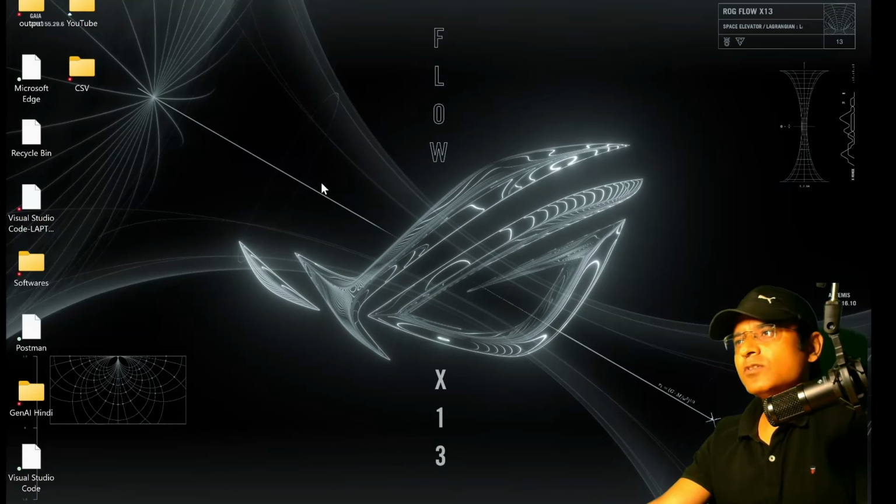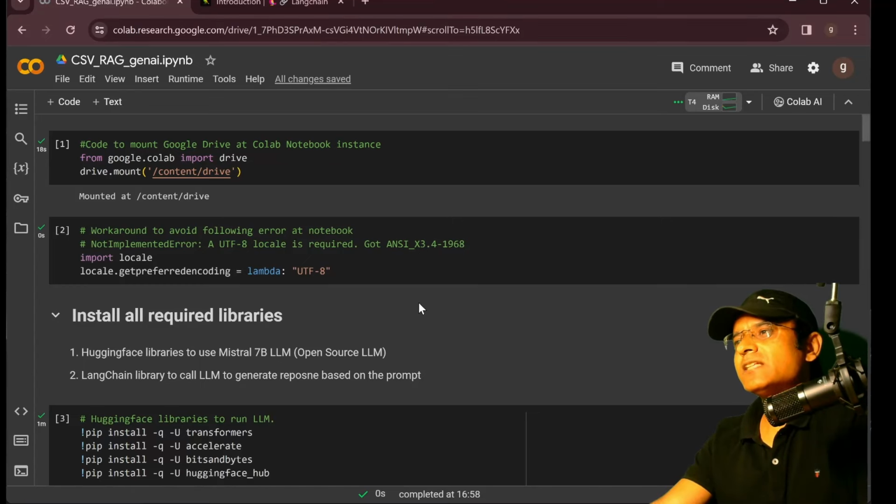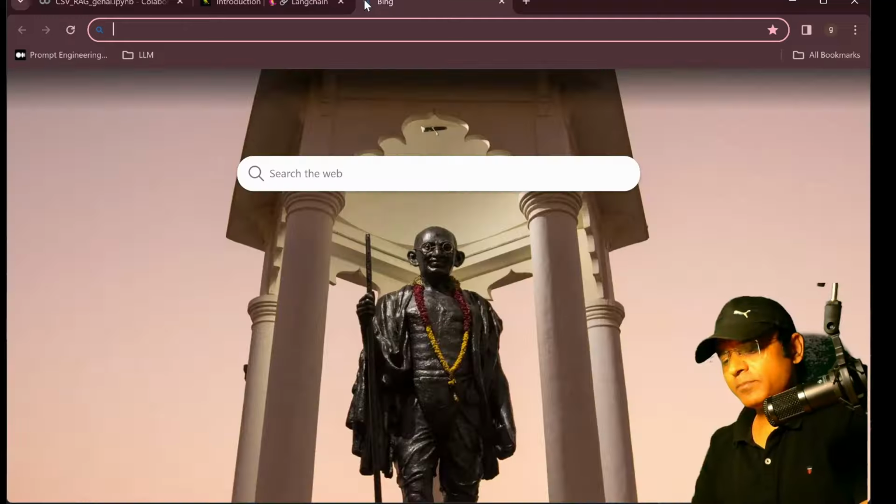Let us see how we can use a CSV file to generate a question answering type of task in an LLM. So what I did, I downloaded a few CSV files and I'll be using one CSV file to generate question answering type of task using Mistral 7B. And I already uploaded that particular